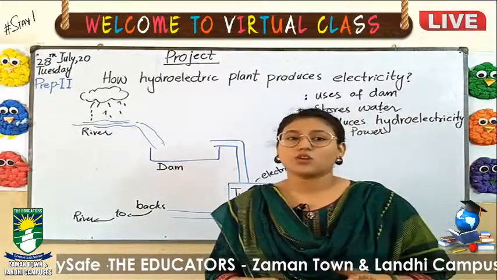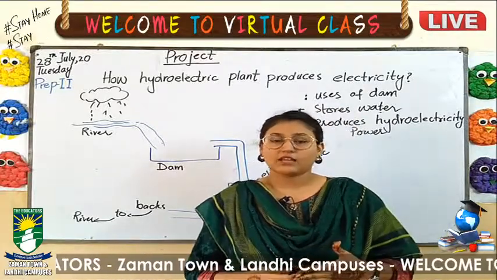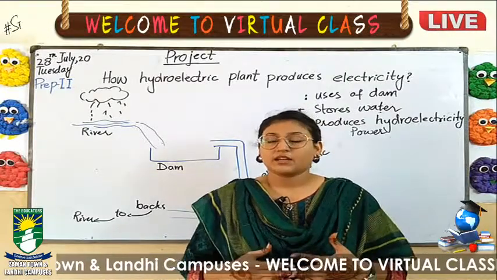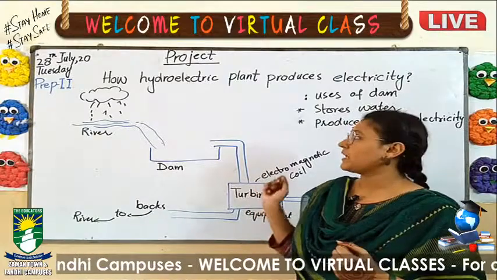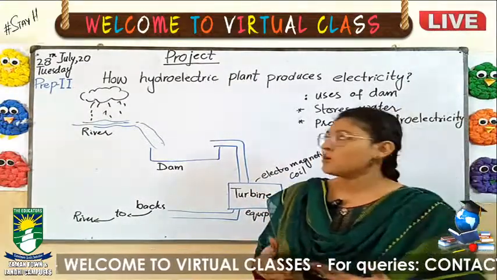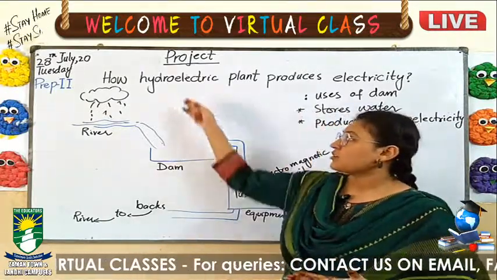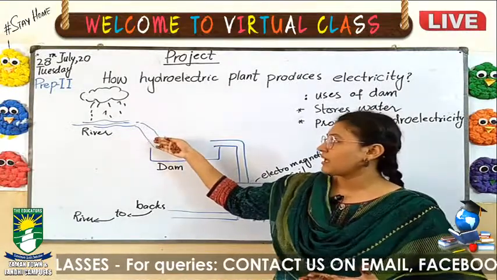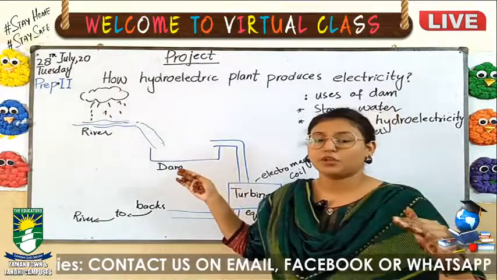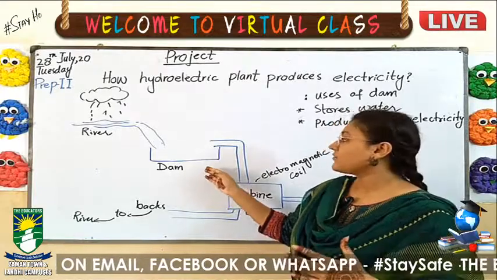This is your topic, and further details are given in the homework assignment, and you may read from there, and you can do better as you can. So let me explain how a hydroelectric plant produces electricity. Hydro means water. First of all, when it rains, the river overflows, and the extra water comes into the dams, and then from there